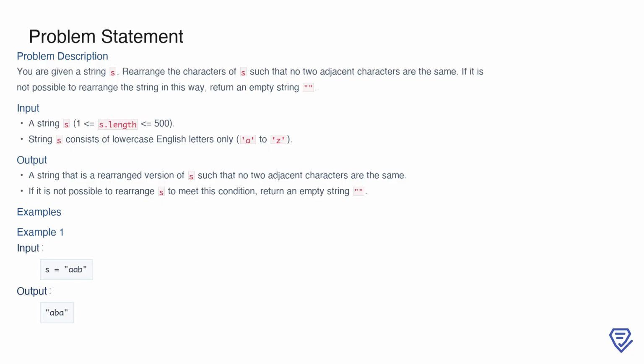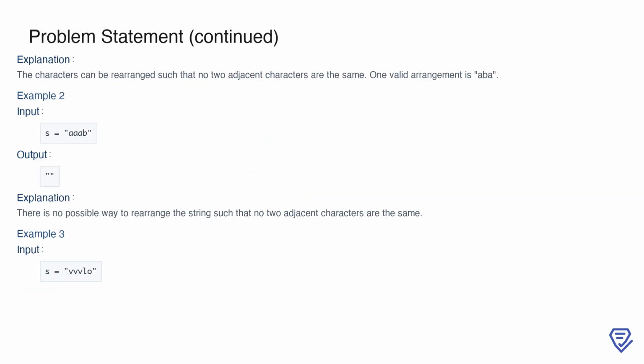For example, if the input string is S equals OB, a valid output would be ABA because the characters are rearranged such that no two adjacent characters are the same. Looking at another example, if the input string is S equals OB, the output should be an empty string. This is because there is no possible way to rearrange the characters such that no two adjacent characters are the same. On the other hand, for S equals velvlo, we can find a valid arrangement like volvav, where no two adjacent characters are identical. This demonstrates that the solution may involve finding one of several possible valid arrangements, depending on